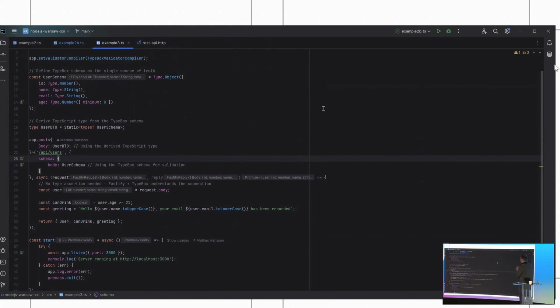So yes, now I'm not calling it the TB user anymore. It's not the TypeBox user. I'm actually saying that this is the user schema. But as you see, it's exactly the same thing. Is that clear? So what TB user was before in the previous example is now the user schema. And now is the kind of magic trick here. The magic trick here is that if we do like this, if user DTO,